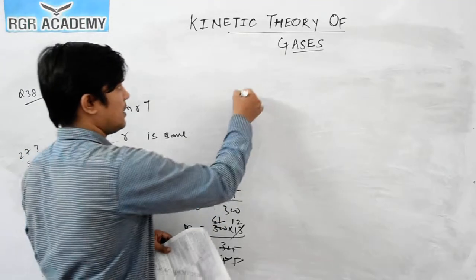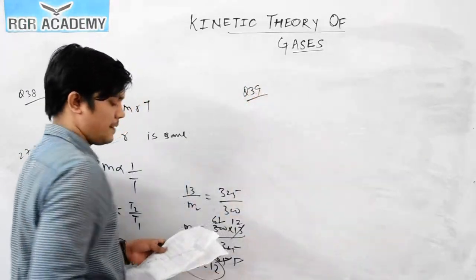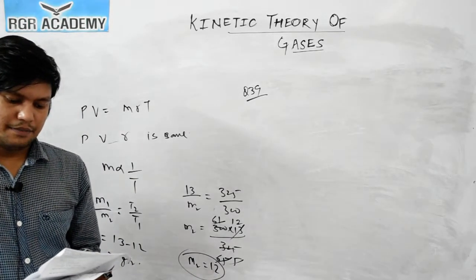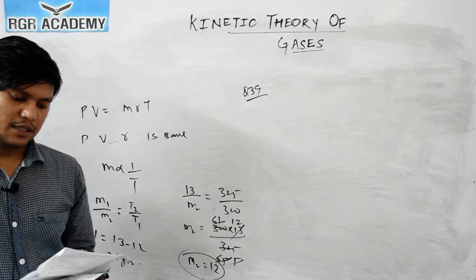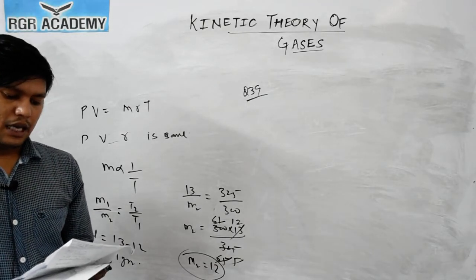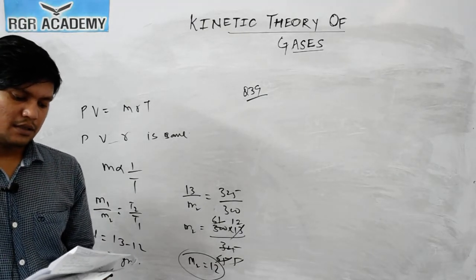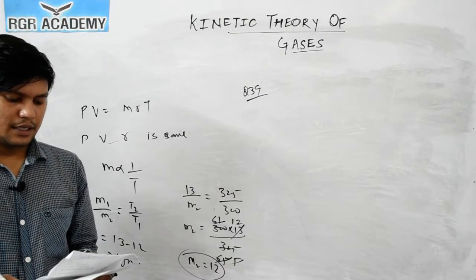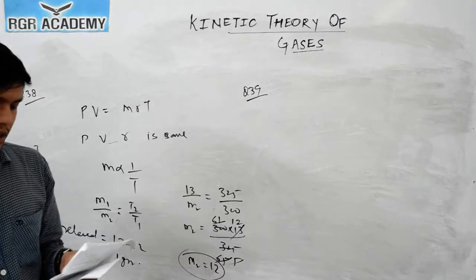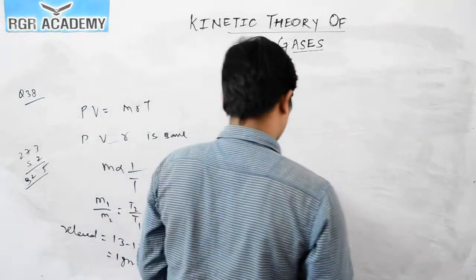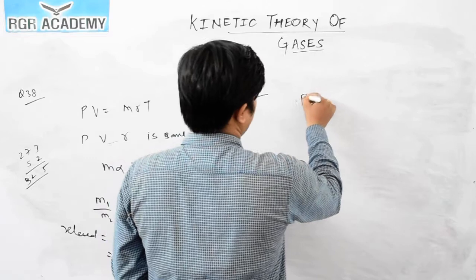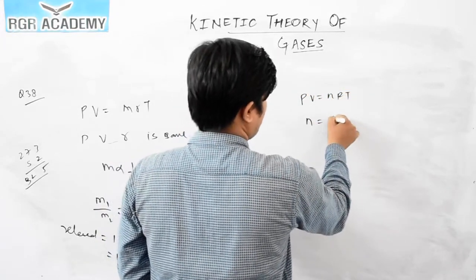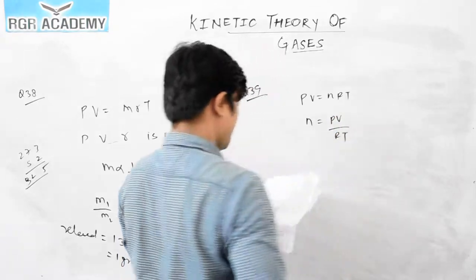Now question number 39. So for question number 39, the pressure and temperature of two different gases is P and T having the volume V for each. They are mixed keeping the same volume and temperature. The pressure of the mixture will be, okay. So we can say that, see, PV is equals to nRT. So from this we can write down as n is equals to PV by RT, okay.